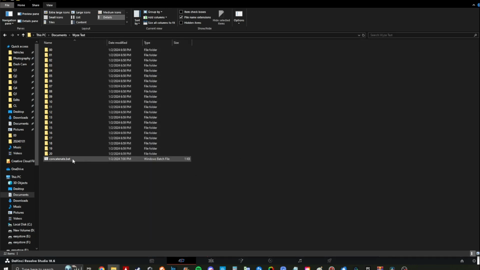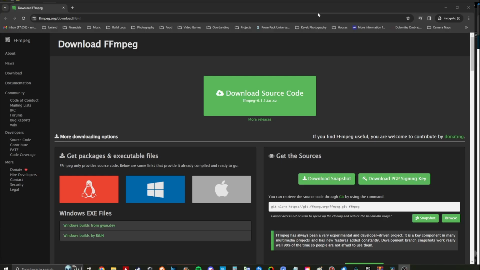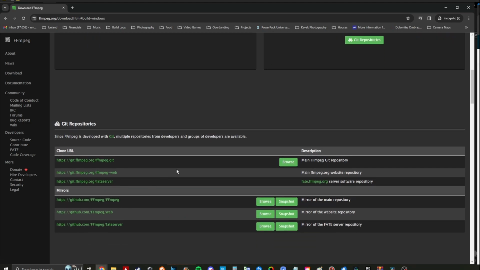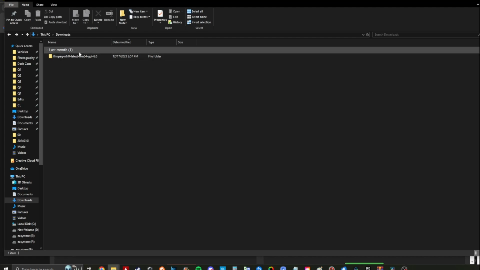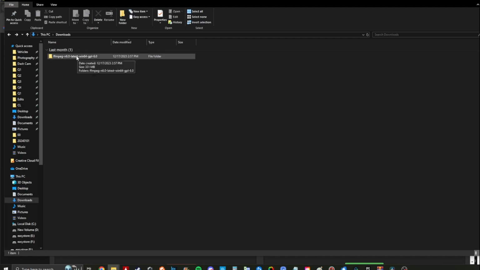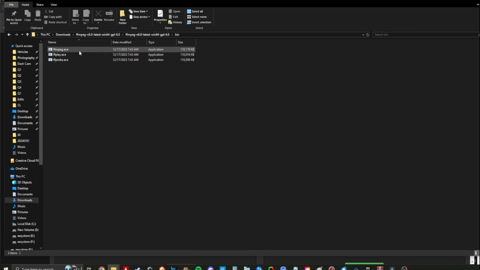So now we'll have a BAT file, which is a batch file. And then the other part of the equation that we need is to download FFmpeg. This is another coding related thing. It's just going to give us another executable file that, for whatever reason, we need. So you'll come here and either go to Windows and find what you need, or click the download source code. Once that has downloaded, you'll need to extract it, which everyone should know how to do with WinRAR or something. But you'll come in here and you'll come into this bin folder and you need this